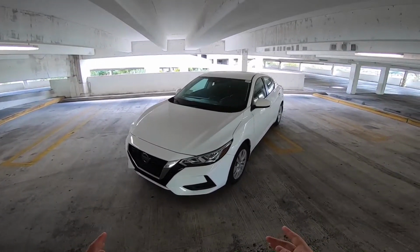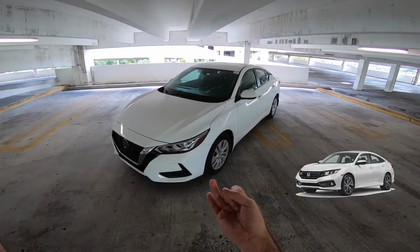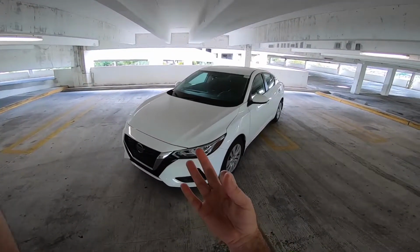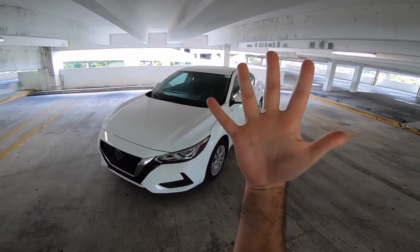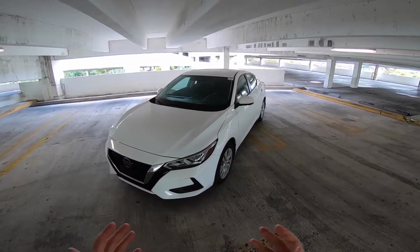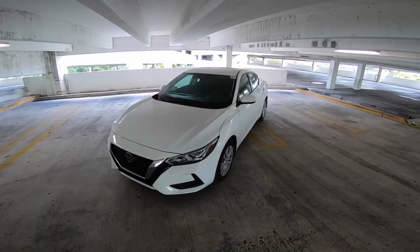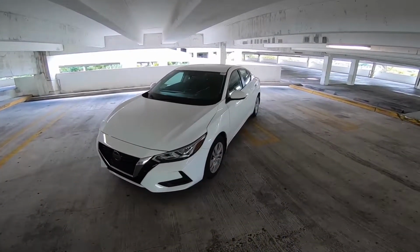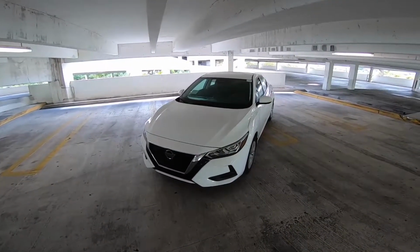Now the Nissan Sentra does have a lot of competitors like the Honda Civic, the Toyota Corolla, the Mazda 3, Volkswagen Jetta, the Hyundai Elantra. So that's about 5 competitors right off the bat. So this video is going to really help you guys distinguish how the Nissan drives as a whole from a non-technical perspective. Let's go ahead and get started with the exterior part of this car, which is the first thing